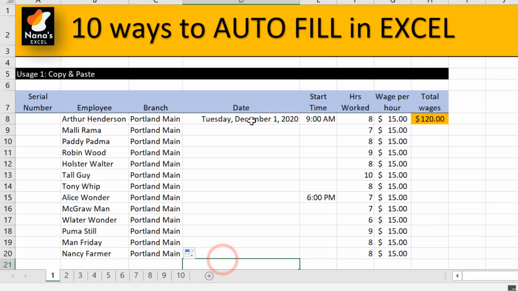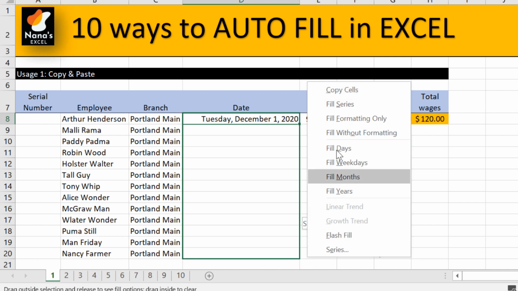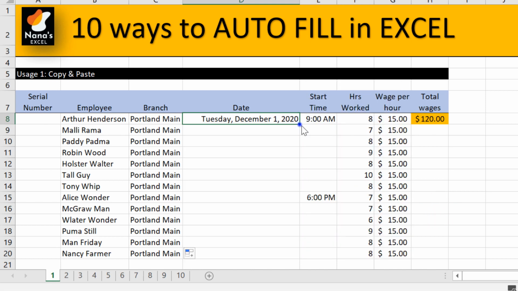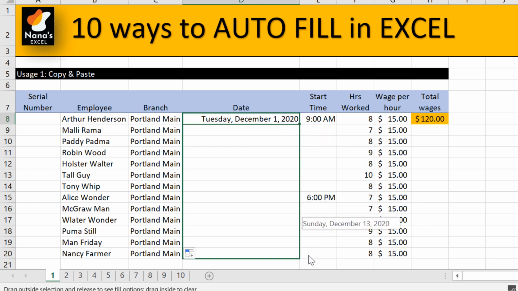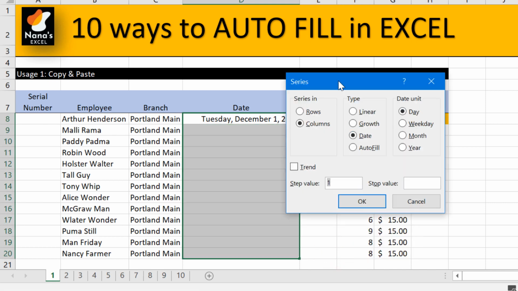There is another way to do that. Right click on your autofill handle and then drag it, then leave. Then you have different options coming up for autofill. This is another way of doing it. Again, right click the autofill handle, drag it down and then release it. Then click on the series. Through this as well, you can autofill either the trends or autofill by rows and columns, etc. Let's get into the different ways of autofilling in Excel.